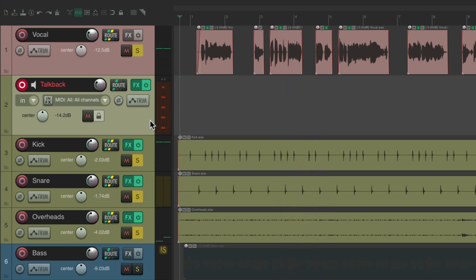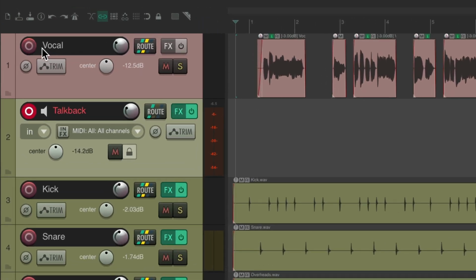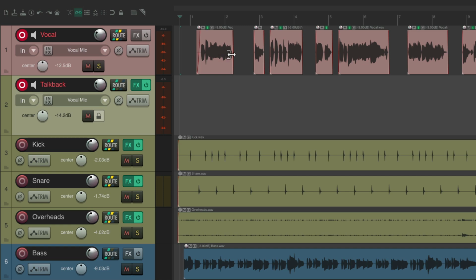So even if we solo any other tracks, we're always going to hear this track, whether it be MIDI or a talkback mic or any input we want, which brings up the other feature, record disable. Let's unsolo our tracks. Let's say I wanted to record some vocals. If I put this track into record, this track is also in record, whether it's set up for MIDI or audio. So if we go into record to record some vocal,